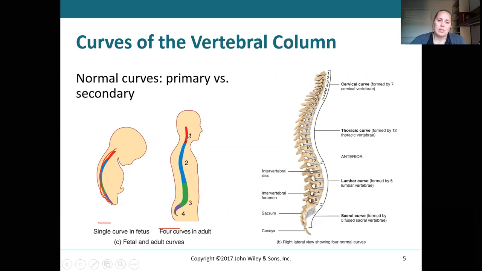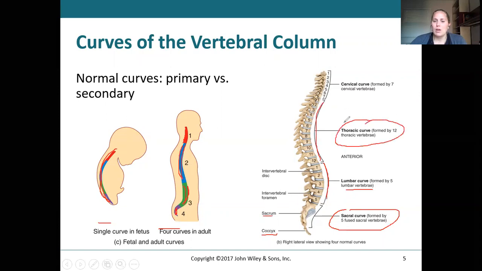First, starting up here, in your cervical region, you have your first curve. In your thoracic region, you have your second, again, those thoracic vertebra. Your third coincides with the lumbar curve, and your fourth is your sacral curve. So here you can see your sacral curve at the bottom. It's composed of your sacrum and your coccyx, and then you have your lumbar curve, which is formed by the 5 lumbar vertebra you see here. Your thoracic curve is formed by the 12 thoracic vertebra,